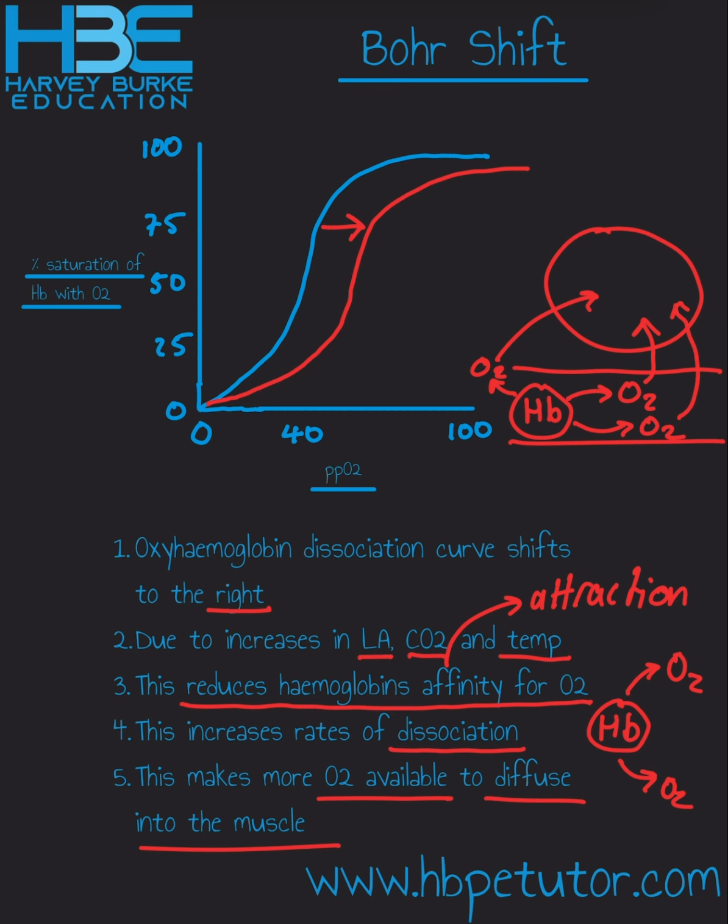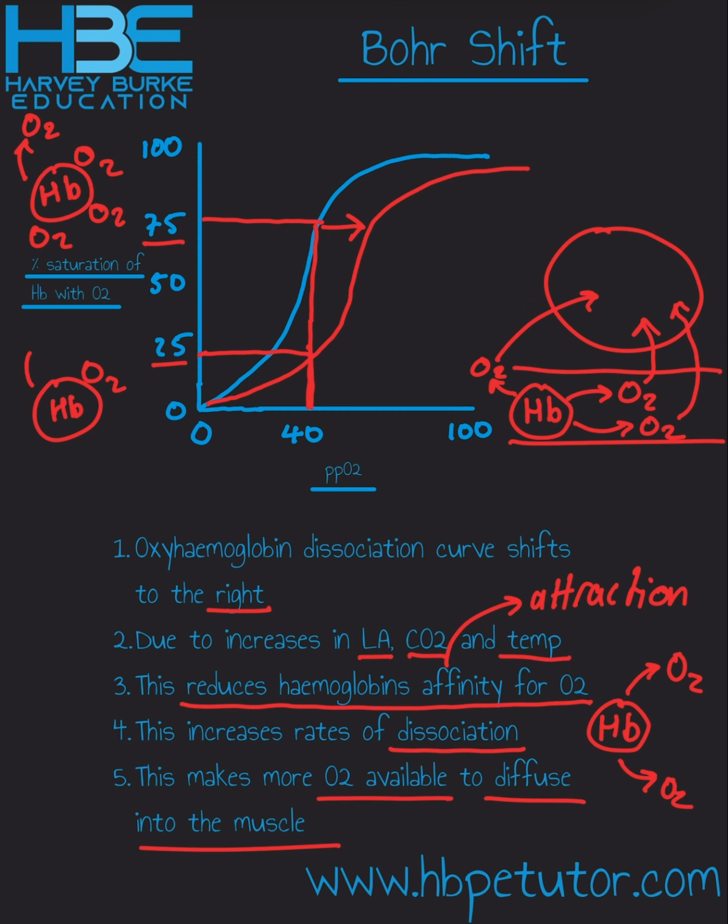And if we look at this curve now, going up to the normal line, it was saying that in that amount of oxygen, hemoglobin would usually be 75% saturated with oxygen, which means that hemoglobin would still have 3 out of its 4 oxygens bound to it, so it would only have let go of 1 oxygen there. However, if we work up to the Bohr shift line, that's now saying that instead of hemoglobin being 75% saturated, it's only 25% saturated now. So that hemoglobin would look like this. It would only have 1 of the 4 oxygens still bound to it,